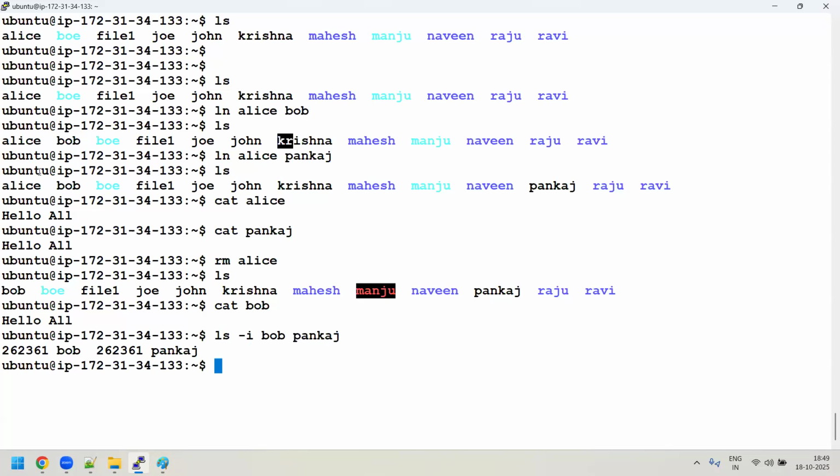And sir, one more thing: if you want to check which is a soft link and which is a hard link, for soft links we can see we have a pointer. So how would we identify by just looking at the files and directories which are hard links? Hard links, we cannot distinguish.